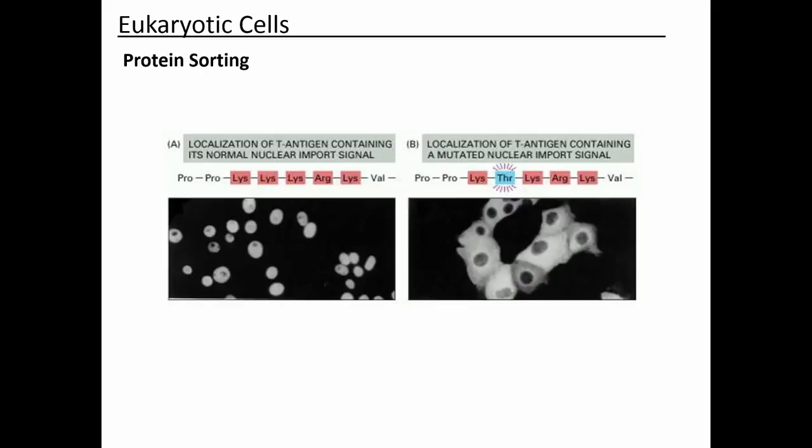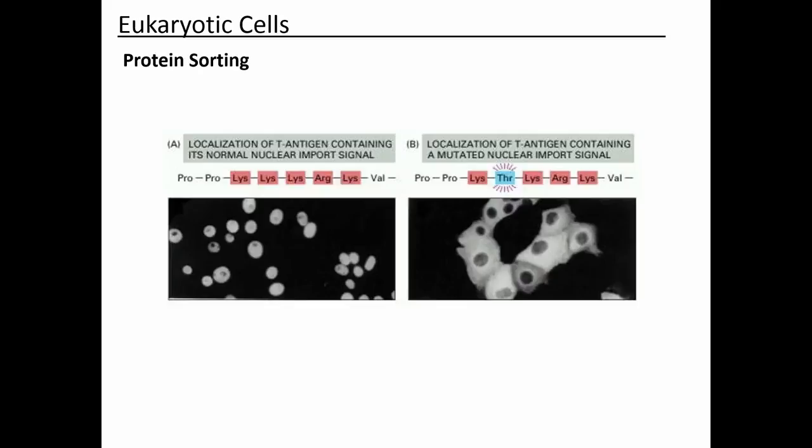The reason that happens in this experiment is that within the protein is a stretch of amino acids that tells the cell this protein is supposed to go to the nucleus. You can think of this as a cellular address, like a mailing address that tells the cell it's supposed to go to the nucleus. And if you change this address, it no longer goes to the nucleus anymore. It remains in the cytosol. So this stretch of amino acids within the protein is important for determining that that protein is supposed to go